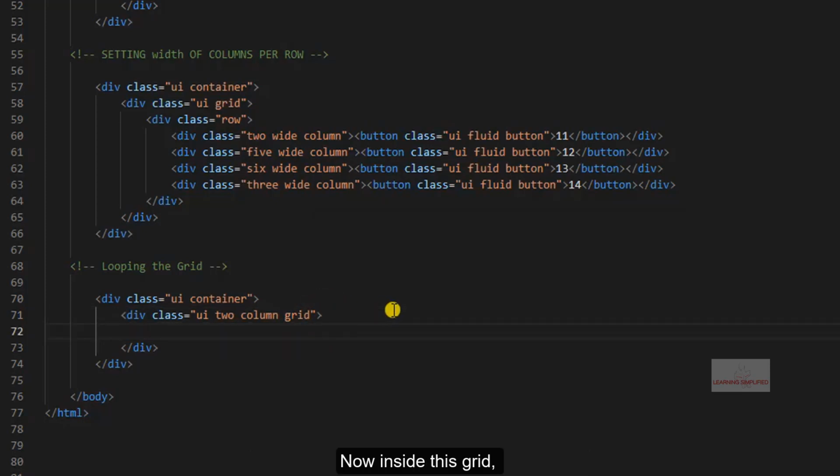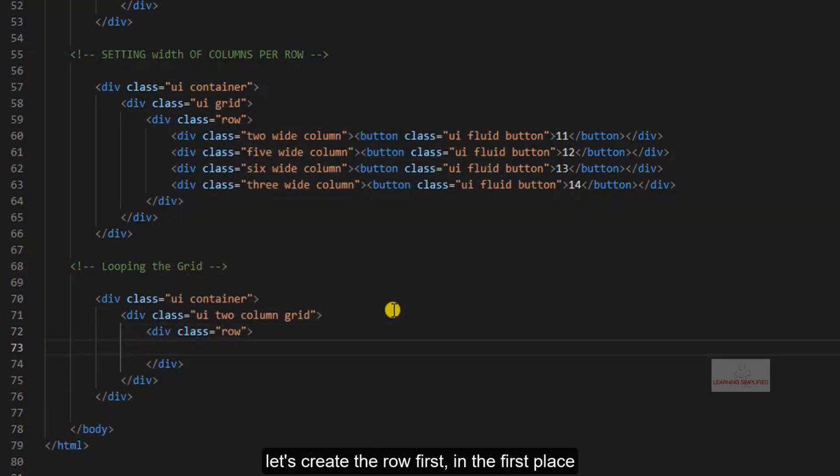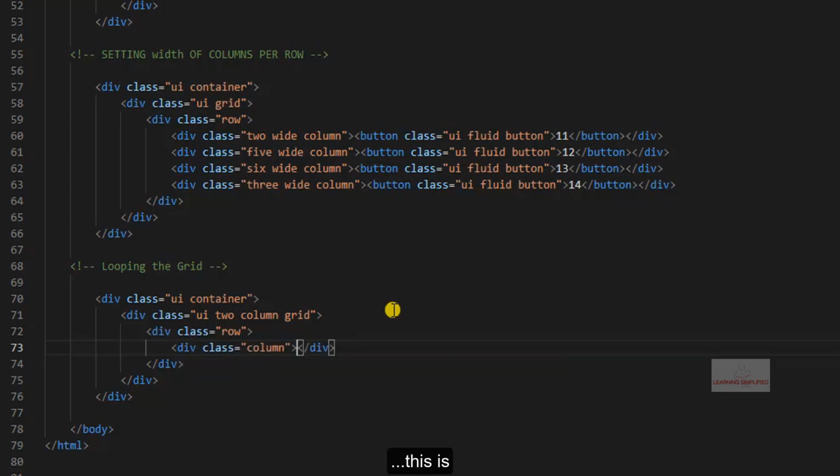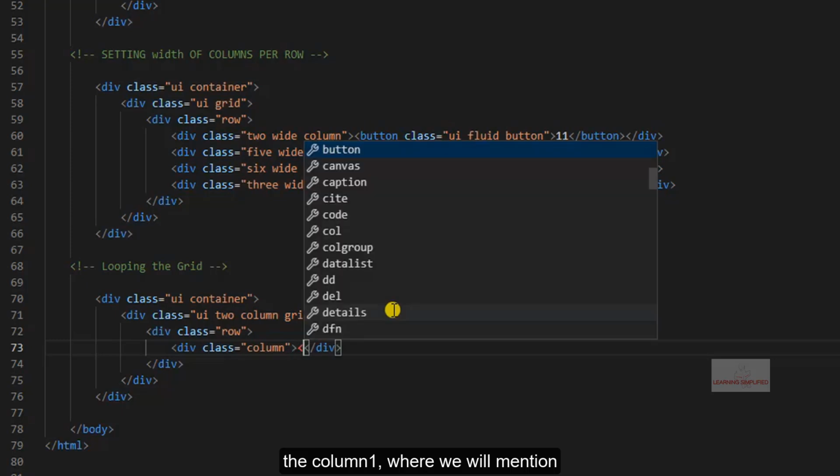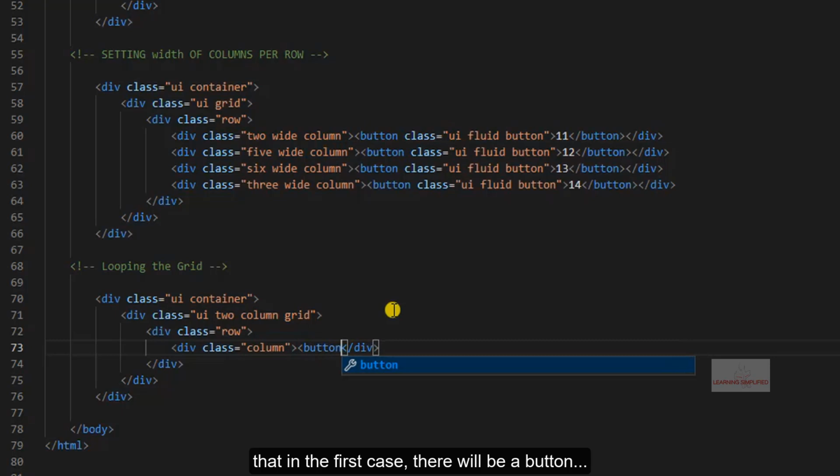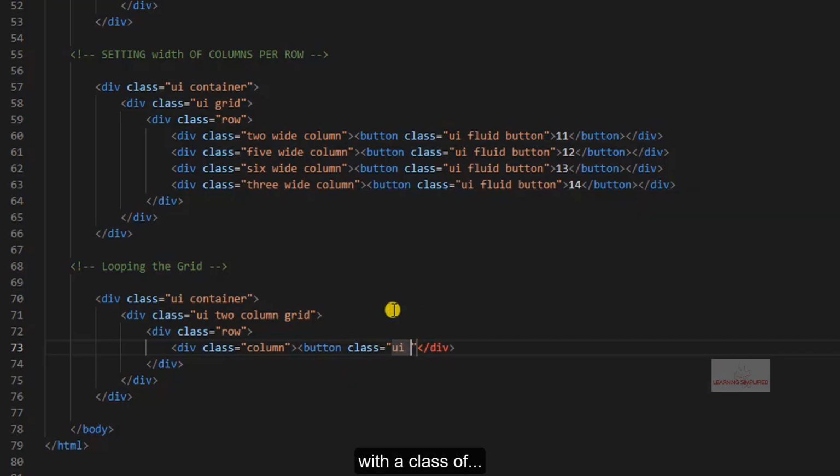Now inside this grid, let's create the row first. This is column 1, where we will mention that there will be a button with a class of fluid.